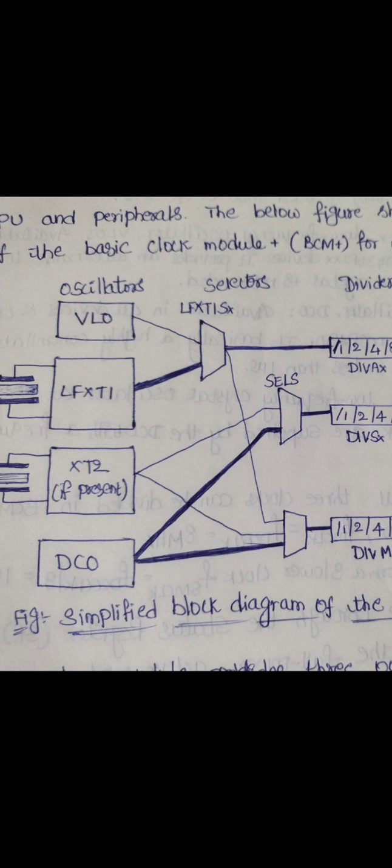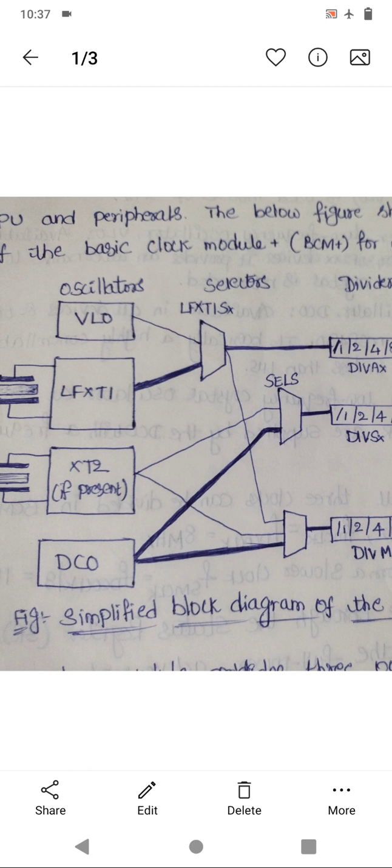Normally the DCO is available in all devices, and one of the highlights is that it will be available in the MSP430 in every family. It is basically a highly controllable RC oscillator that starts in less than 1 microsecond.